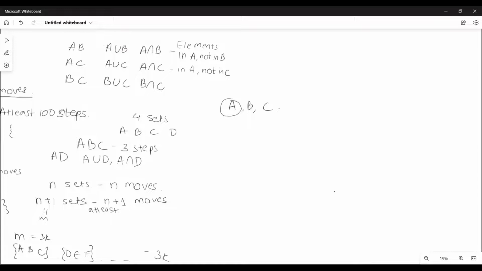Okay, so suppose we have to find some element in A. Now it can be in A and B, or in A, B, C, all three sets, or it can be in A and B, A and C, or it can be in only A. So we just have to determine